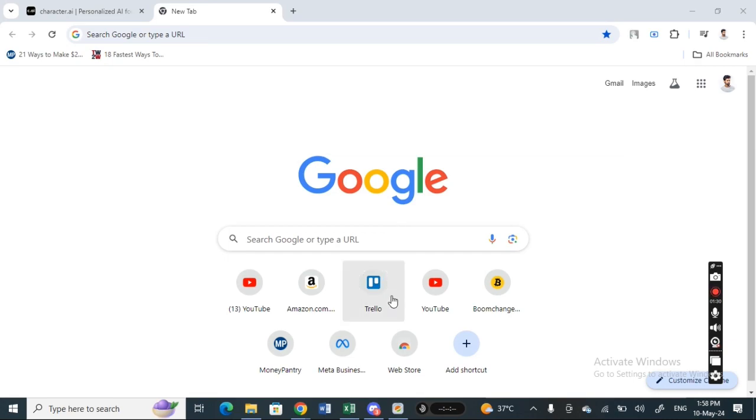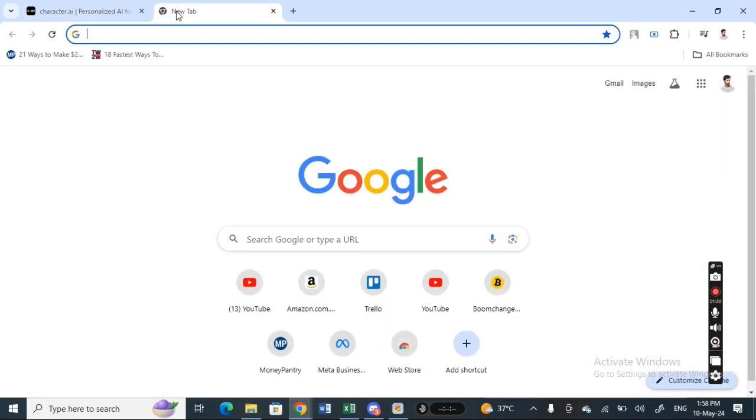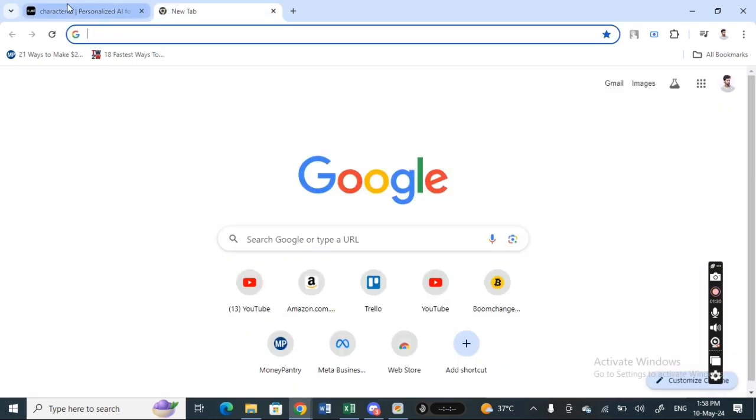So today in this video I'm going to talk about how to fix Character AI not loading. If you have issues with Character AI not loading, there are a couple of things that you can try in order to fix it. Whether you're using the web or a mobile device, the first thing you can do when you open up Character AI and have issues is try to update